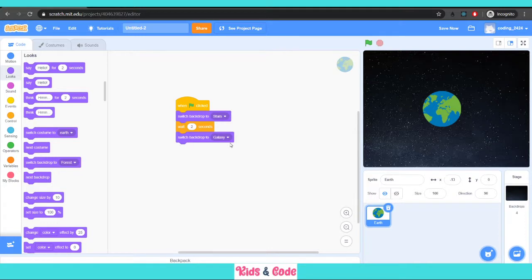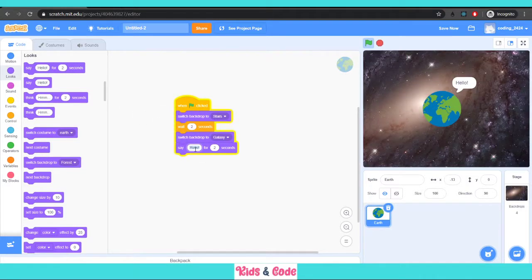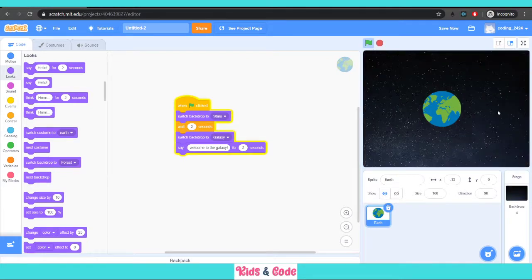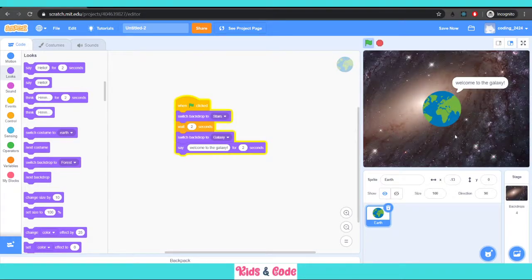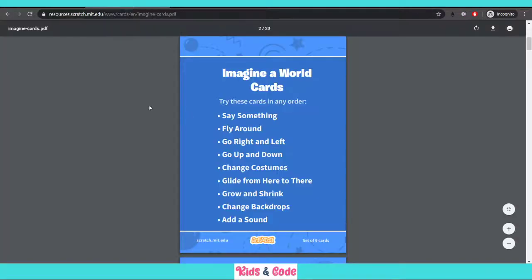It will change to galaxy, and then let us make it say something like welcome to the galaxy. Okay. So now whenever I click on this green flag, I'll see that first it is stars for 2 seconds. After that it changes backdrop, and we have welcome to the galaxy appearing for 2 seconds. This is how we change backdrops.